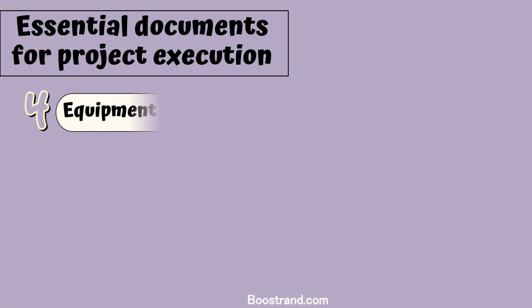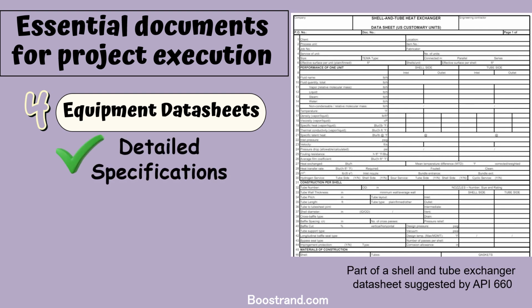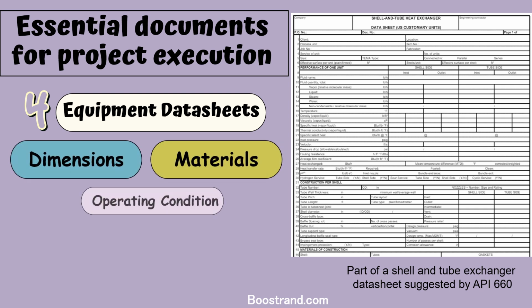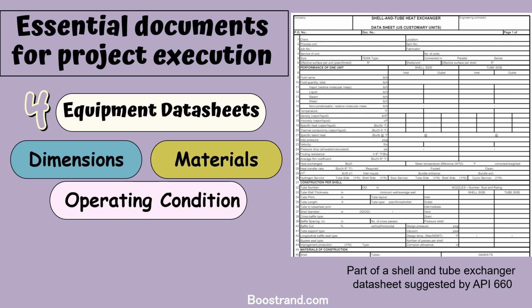Fourthly, equipment data sheets, which are documents that provide detailed specifications and design data for individual process equipment, such as vessels, heat exchangers, pumps, and compressors. These datasheets include information on equipment dimensions, materials, operating conditions, and other technical data, serving as a basis for equipment procurement,